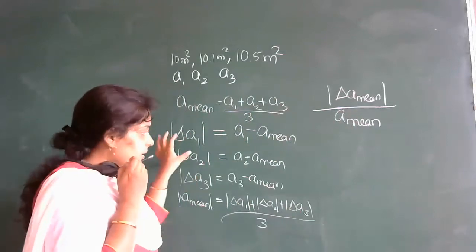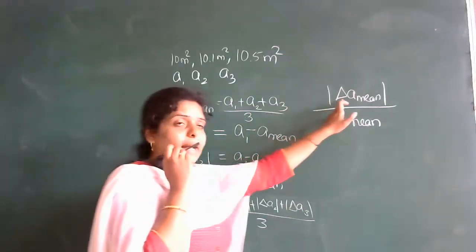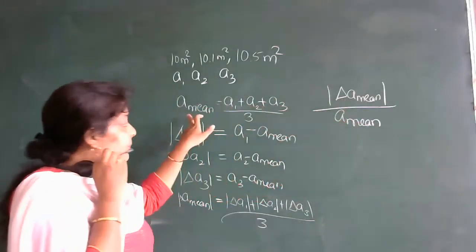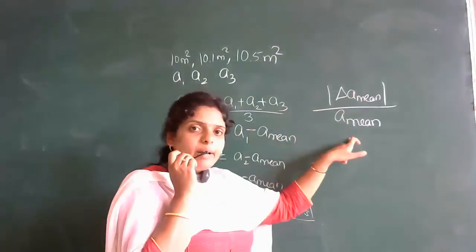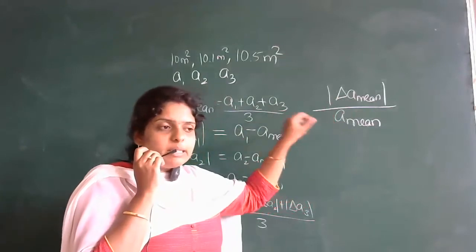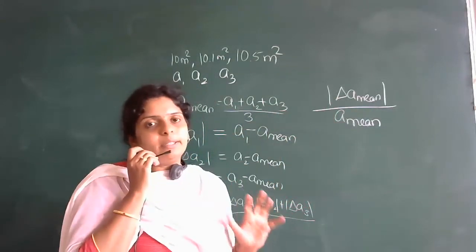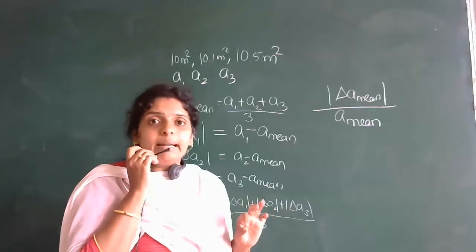A mean. इधर जो भी आपका मीन आता है, that mean divided by आपका पहले जो मीन आया था, जो गिवन नंबर से उससे जो मीन आया है ना, उसको डिवाइड करो. So if you take the ratio of this, then it is called as what? Relative error. Then it is called as relative error.